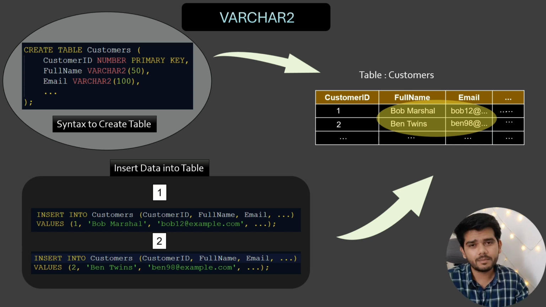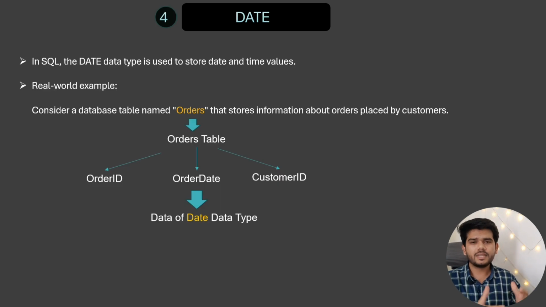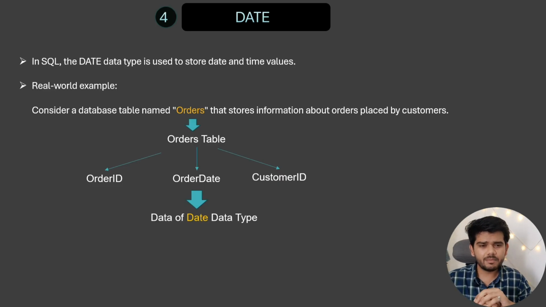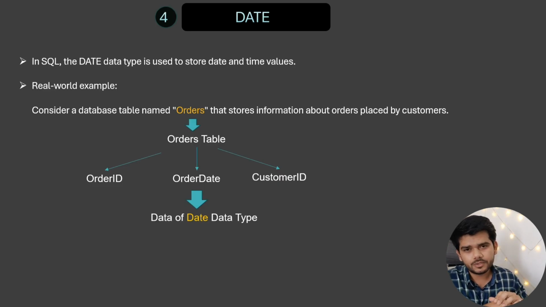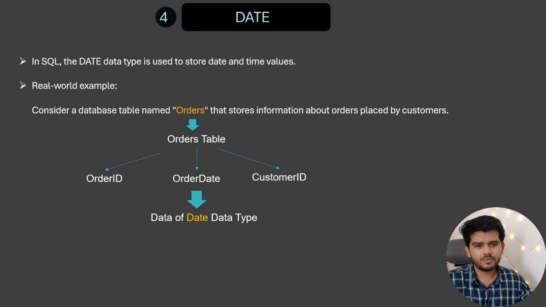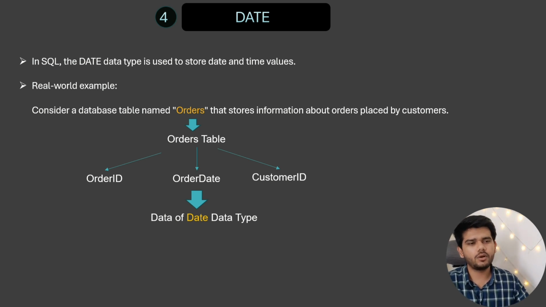Our fourth data type is the date data type. In SQL, the date data type is used to store date and time values. Let's understand the date data type using the below real world example. Consider a database table named orders that stores information about orders placed by customers. One of the columns in the table could be order date, which stores the date and time when